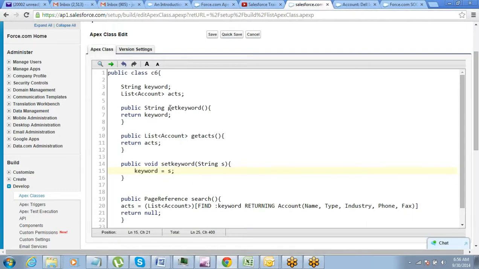Fine. So this is a void method where I'm setting the value for this keyword, right? So I pass on a parameter, string s. When you type in, initially on the user interface there will be no value. When the user types in some value, that set method comes into picture first of all, and the value which is typed in is this.